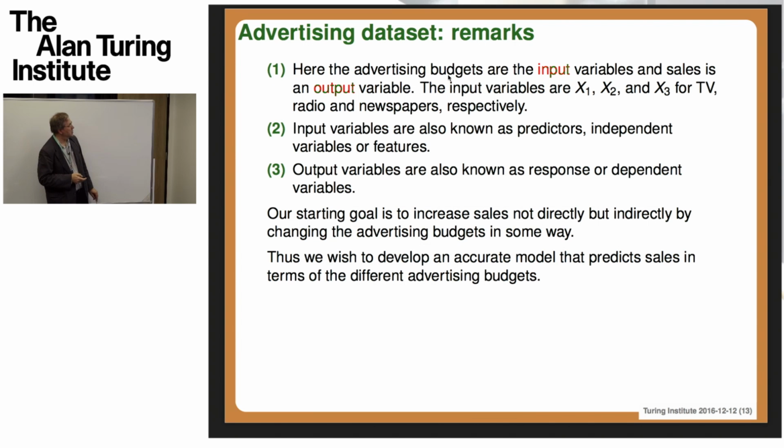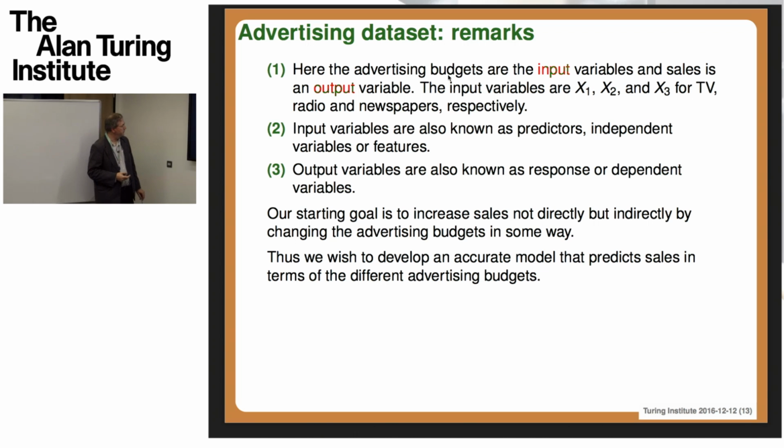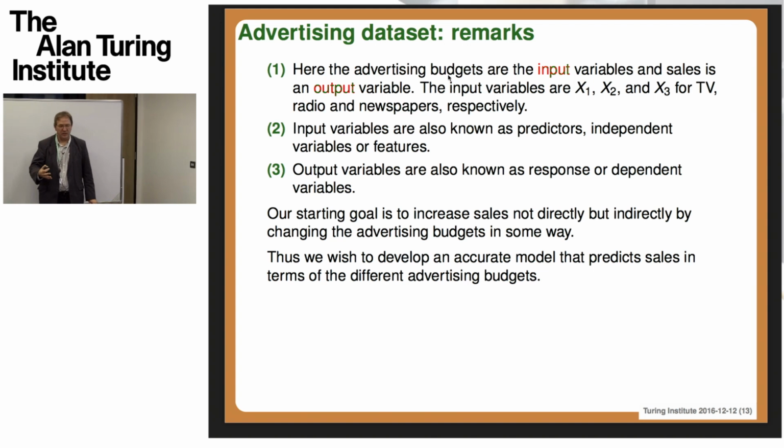So questions you might be interested in asking with this kind of attempt to find the association between the predictor variables and the response variable would be: how would we increase the sales by affecting expenditure in the advertising budget? Which of those advertising budgets should we increase and which should we decrease?